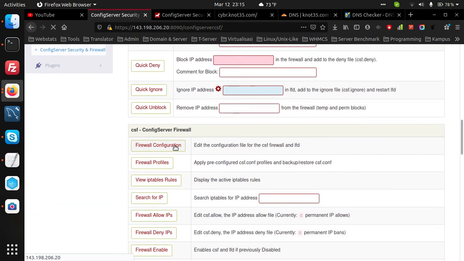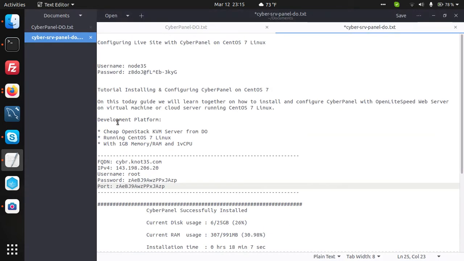Don't forget to whitelist the port number, the SSH port number.